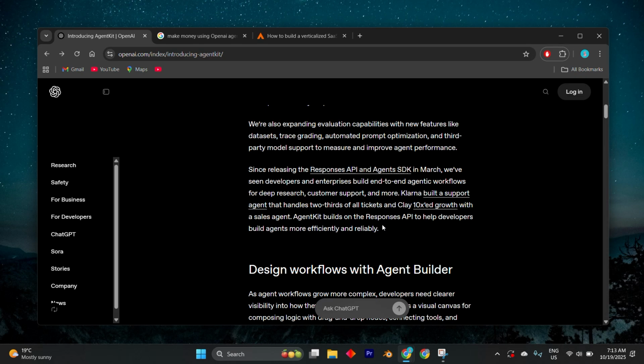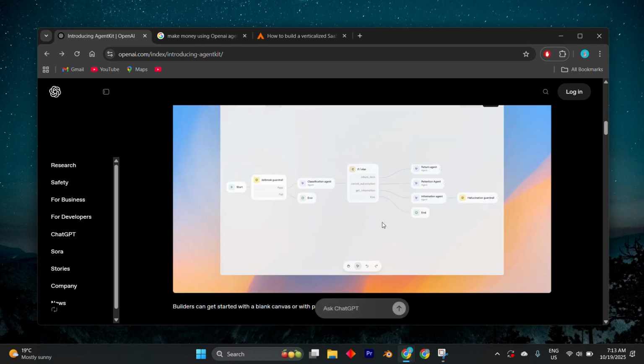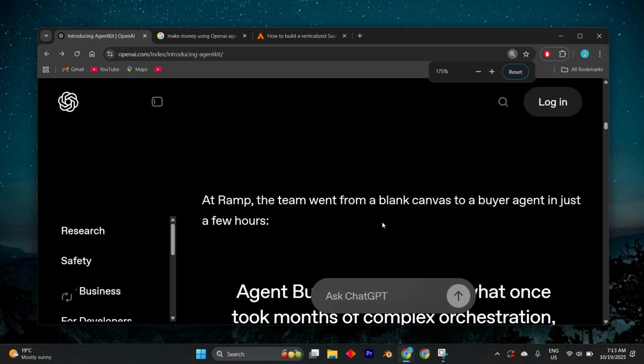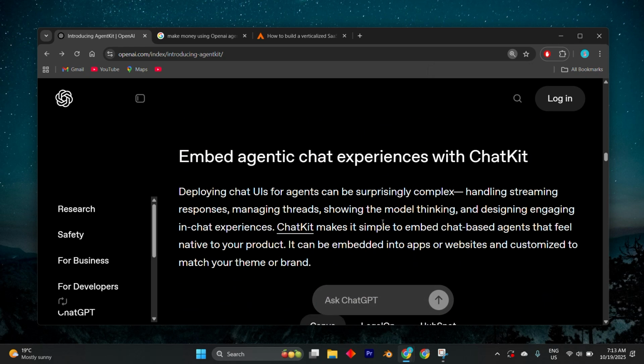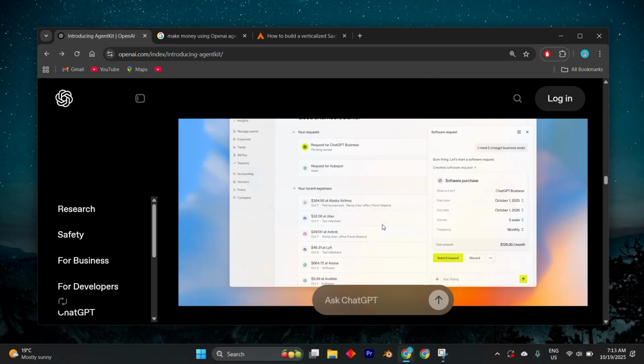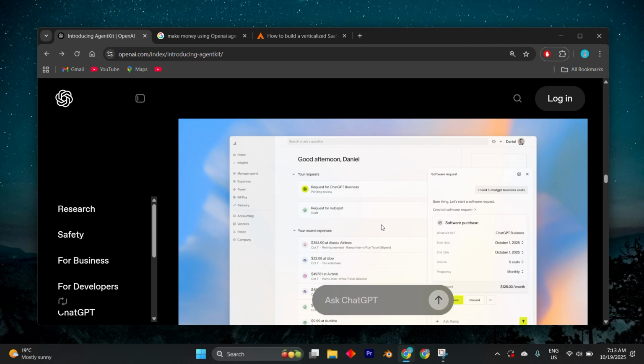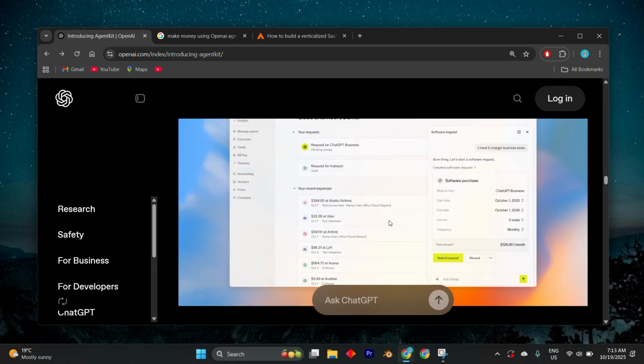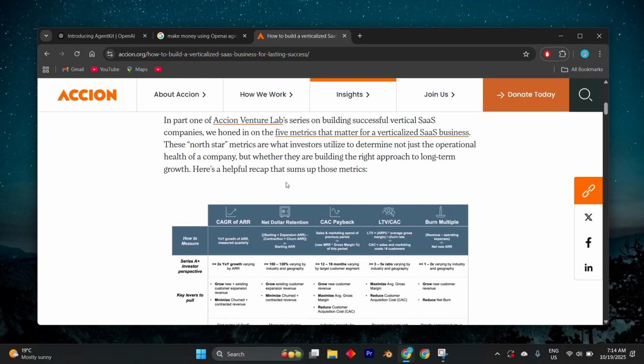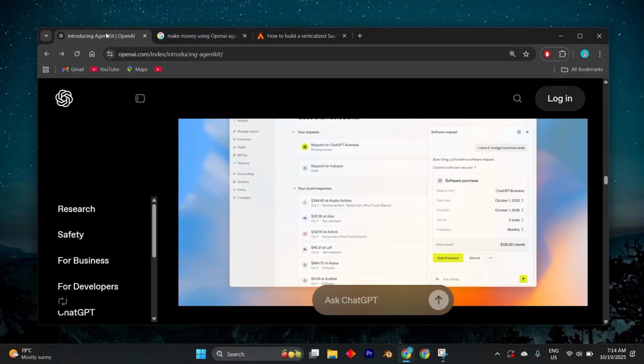This leverages AgentKit's speed to market, allowing you to launch a robust, polished product with a minimal front-end engineering team. Success in this model hinges on continuous optimization using AgentKit's evals features to ensure high accuracy and performance, justifying the premium subscription price. To maximize your earnings, you must focus on high leverage use cases where AI agents can drive